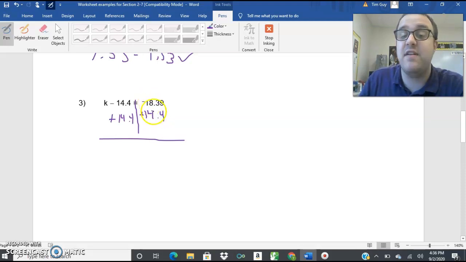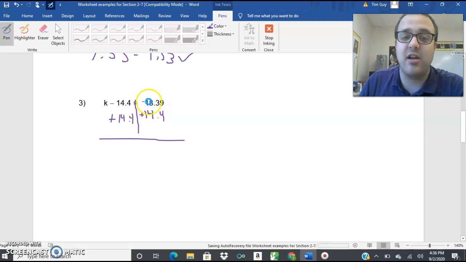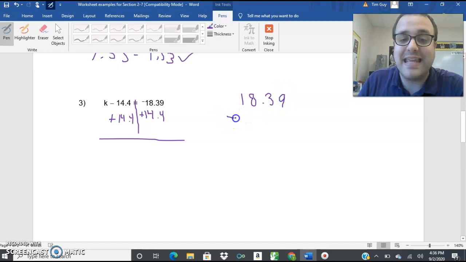And here I have different signs, so you subtract. So I want to set up a subtraction problem and then take the sign of the higher number. In this case, that's a negative 18. So I'm going to be doing 18.39 minus, and again, line up the decimal,